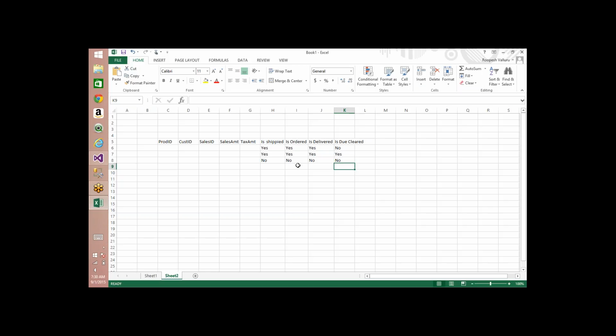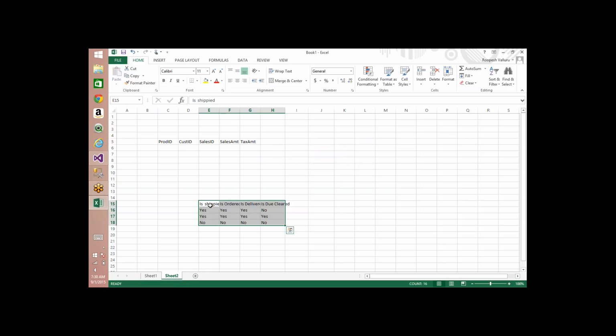For example, a user wants to see all the product sales which are shipped, so you need to get only yes for shipped, correct? For all the orders that are delivered, you need to get all the yes for delivered. It will be very difficult if you have this information in your fact table and create a measure group on top of this. So what people will do is take this out of this table